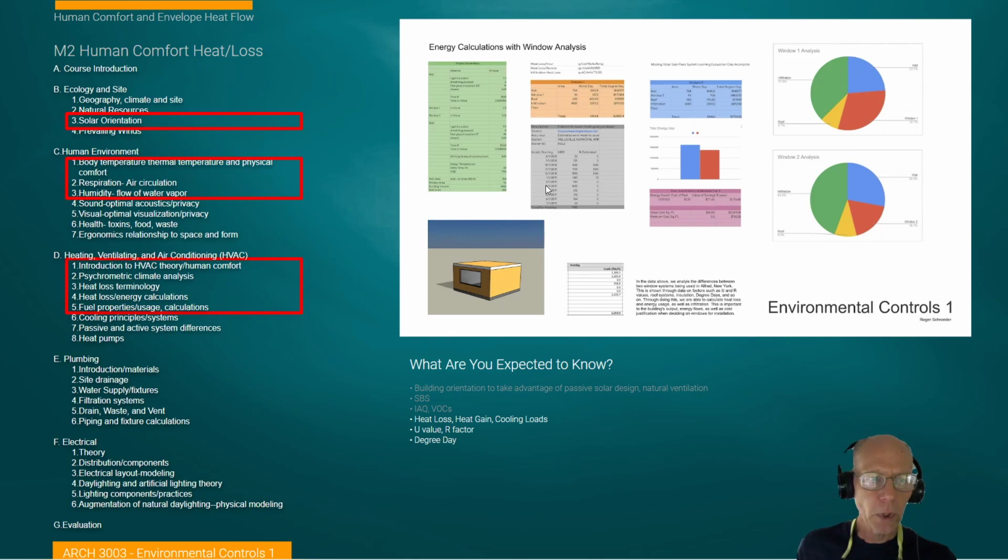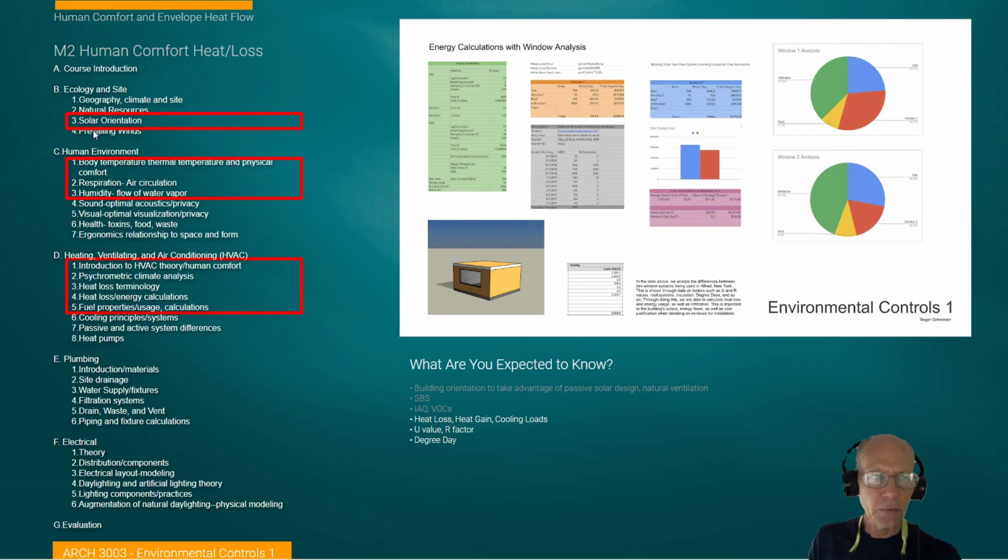And sometimes it doesn't quite dovetail perfectly with the layout of the course as far as subject matter. So this graphic just kind of shows that. This is the course requirements that we are mandated to cover in Environmental Controls 1. And I say mandated, but it's really just the groundwork to prepare you for studio experiences and equip you to deal with your projects in studio. So it's all good. But anyway, there's a bit of a picking and choosing to bring everything together